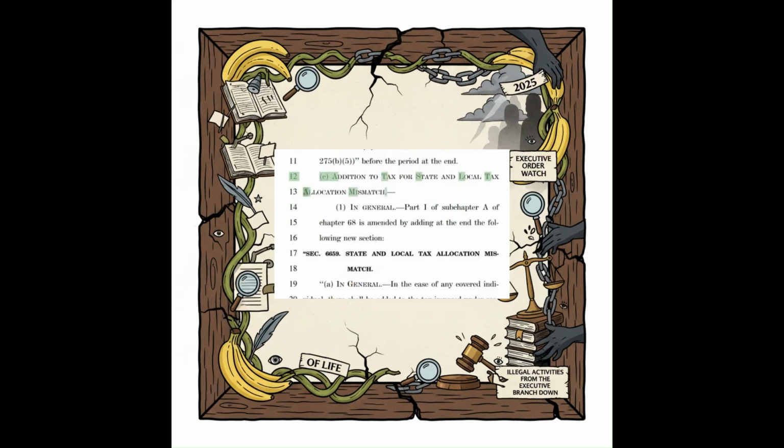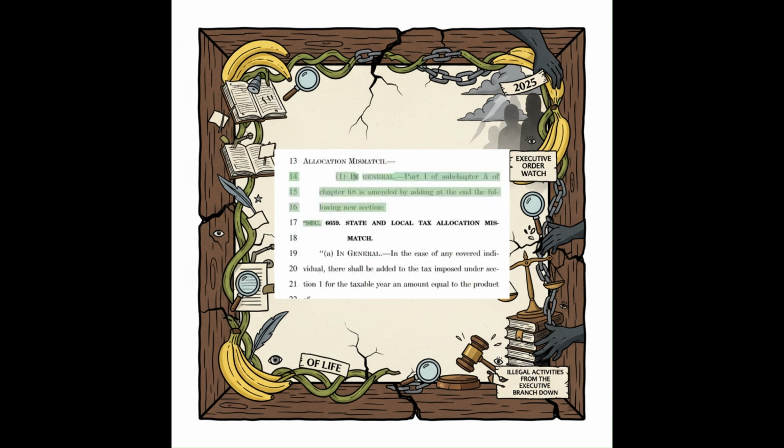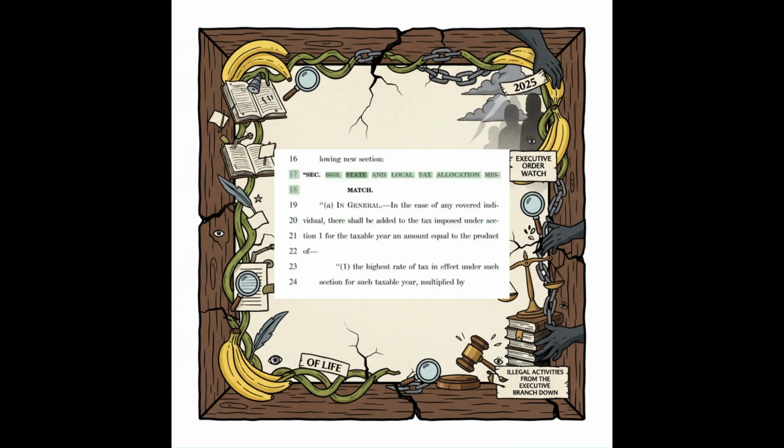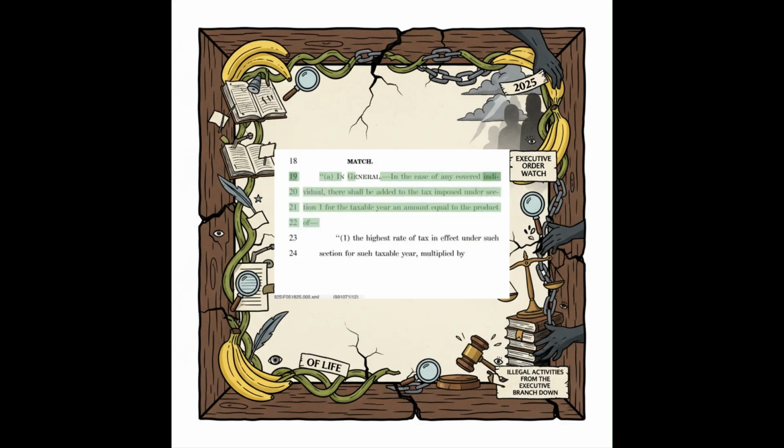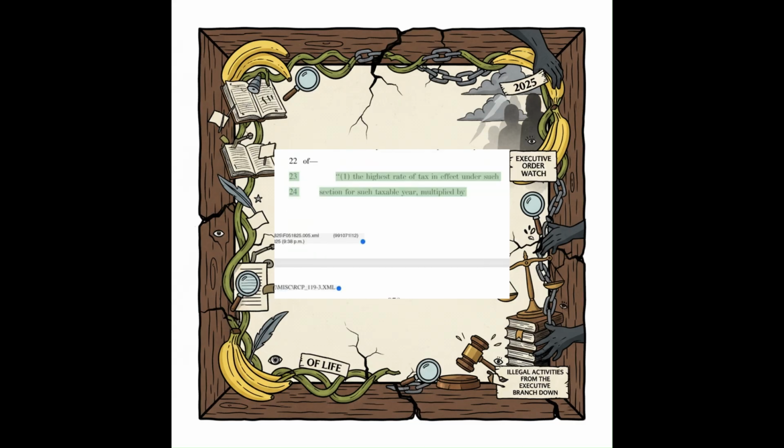In general. Part 1 of Subchapter A of Chapter 68 is amended by adding at the end the following new section. Section 6659, State and Local Tax Allocation Mismatch. In the case of any covered individual, there shall be added to the tax imposed under Section 1 for the taxable year an amount equal to the product of the highest rate of tax in effect under such section for such taxable year, multiplied by